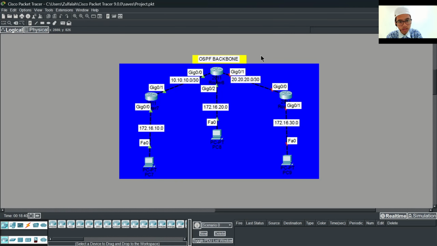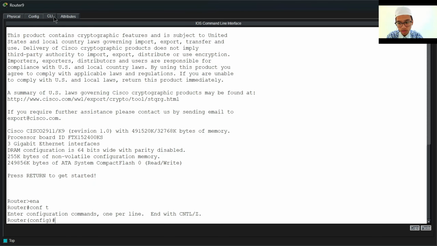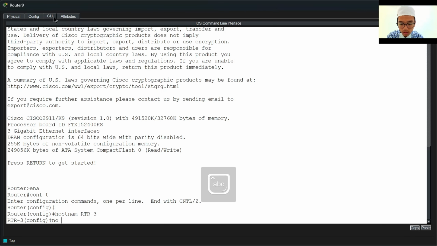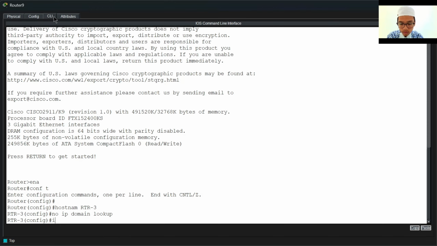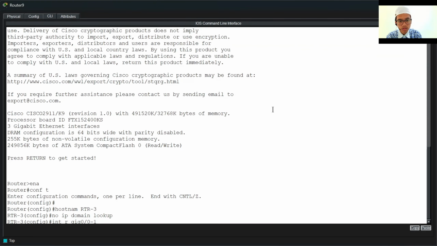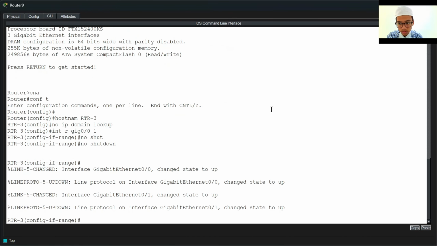Next, in router 3, enable, configure terminal, change the hostname, no ip domain-lookup, then we turn on the interfaces with no shutdown.